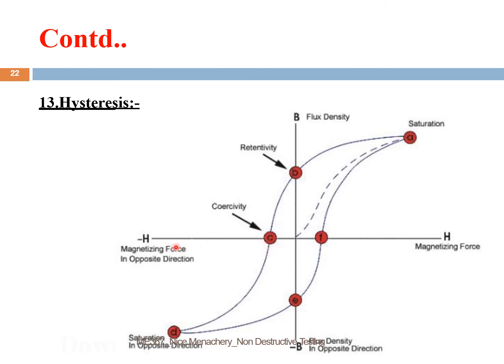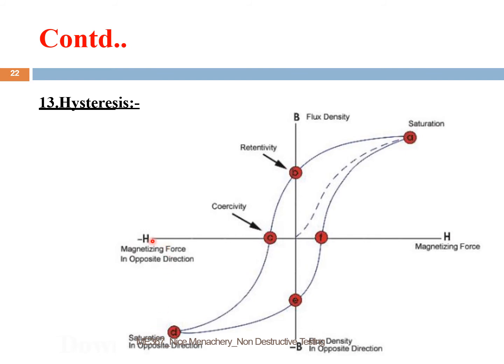Now, the coercivity has reached point C. Again, you are increasing H in the negative direction. As you increase the value of H in the negative direction, the flux density will again go on decreasing in the opposite direction. So instead of B, it is now following minus B. It goes on increasing. So H is in the opposite direction. That is, you are reversing the field. The flux density has also reversed its sign and is going in the opposite direction. It will go on and again reach point D. The point A and point D are opposite points, right? Again, you reach the saturation point. Beyond this, if you increase the value of H in the opposite direction, B will not increase. That is, the flux density will not increase.